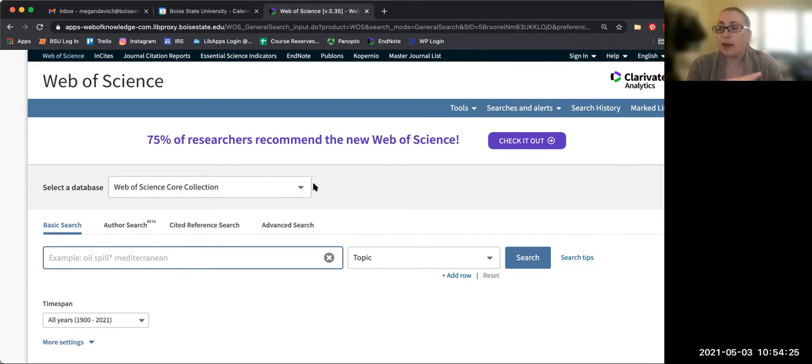And so a lot of faculty members will say, I only want you to focus on peer-reviewed journal articles. And so that's an easy way in some of our databases to get rid of the newspaper articles, popular magazine articles, that sort of thing. Not all of our databases do that. Web of Science is an example that doesn't have that